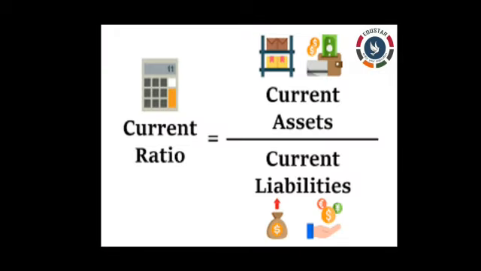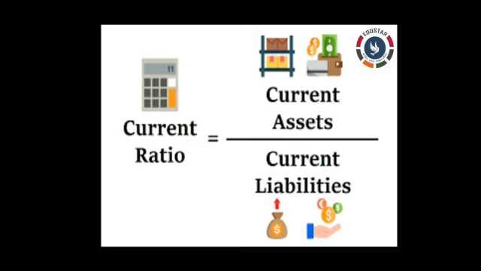See, the current ratio formula: current assets divided by current liabilities. Always current assets should be more than current liabilities. Then the company is in a safety margin. If the current assets and current liabilities are equal, it may be reasonable, but always we have to maintain the value of current assets more than current liabilities.